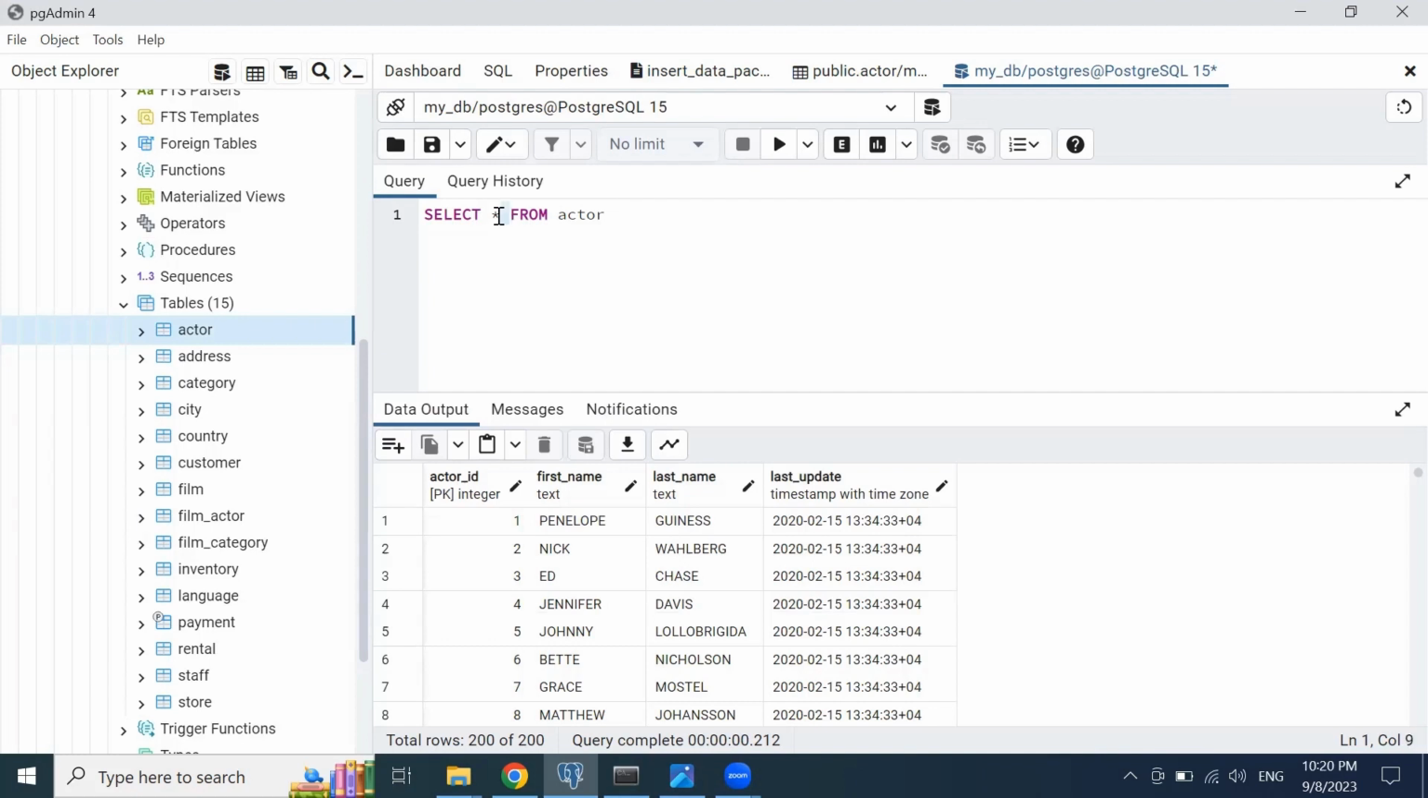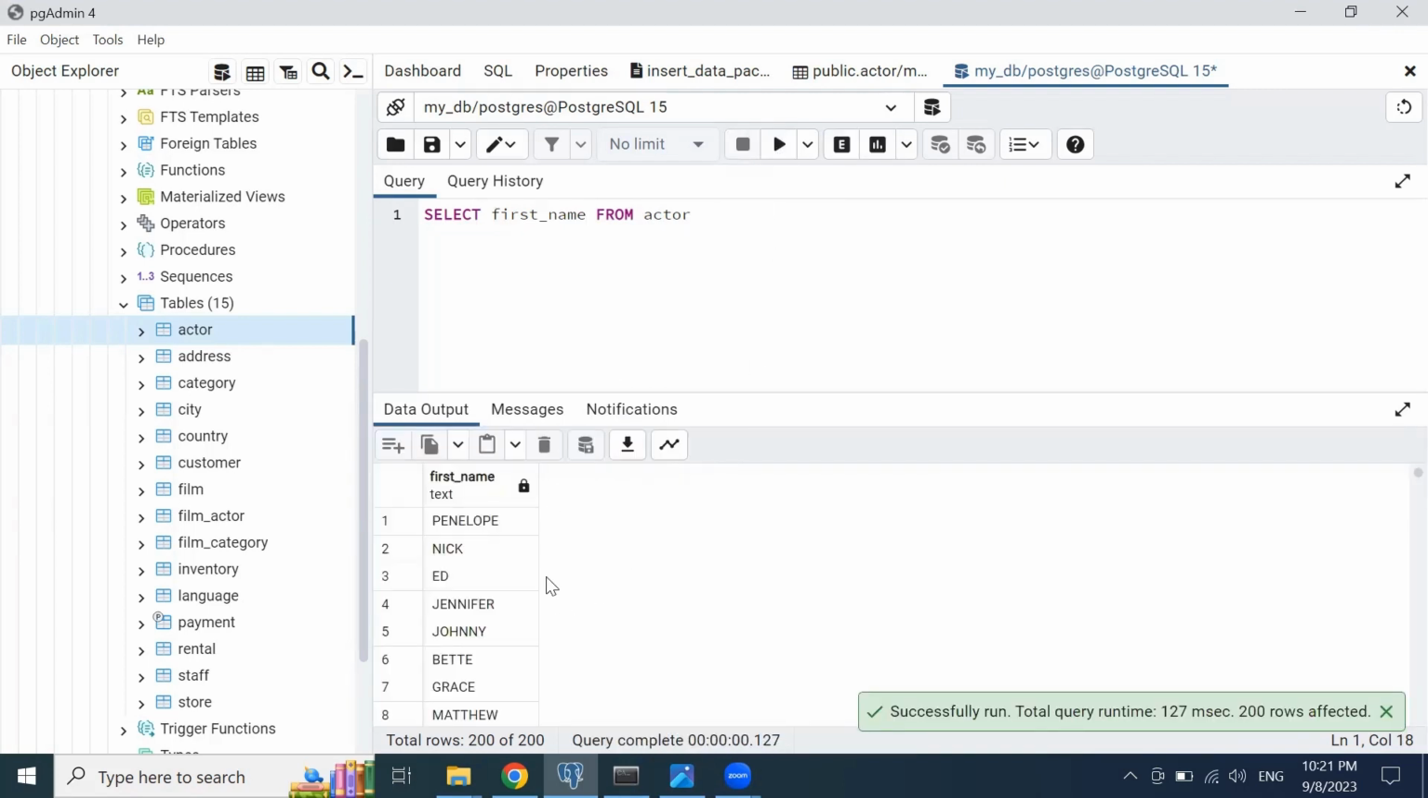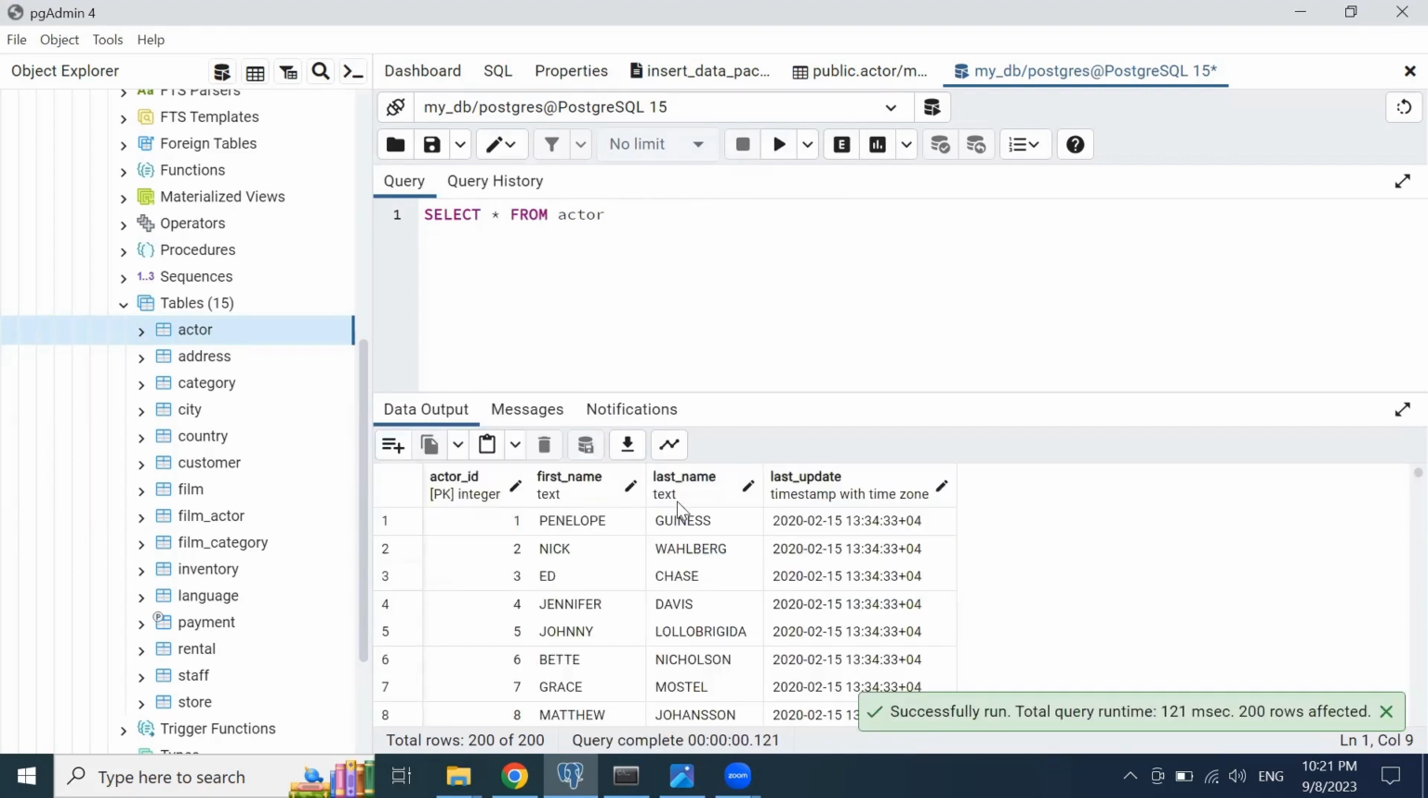But if I want to select separate columns, like first name and last name, or only the first name, what will I do? I will just type first_name as in these column names here, and click on run, and you can see it will just pick up one column. If I want to pick up a couple of columns here,